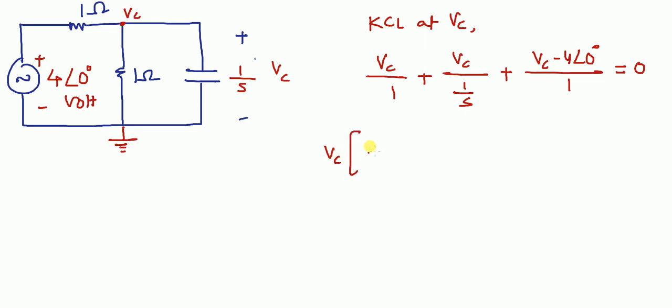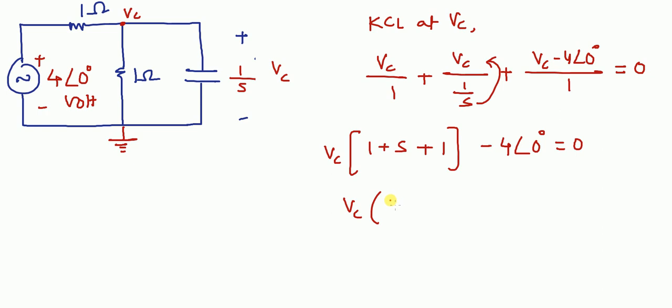So VC is 1 plus S. This will go to the numerator, and VC by 1. So 1 is there, minus 4 at an angle 0 equal to 0. So VC into (2 plus S) is equal to 4 at an angle 0,